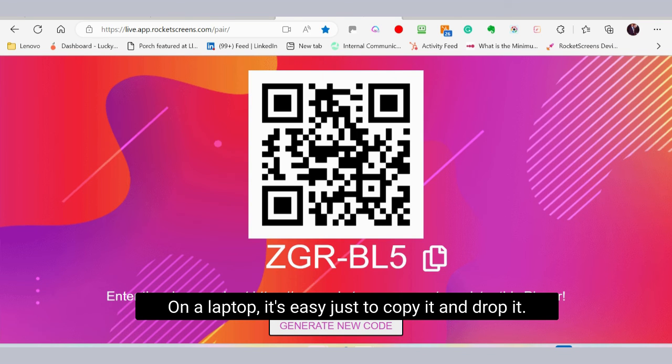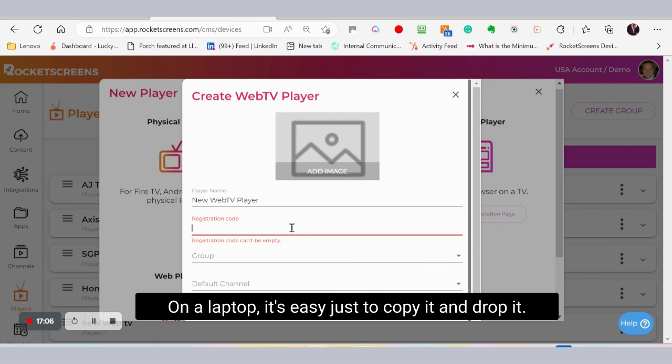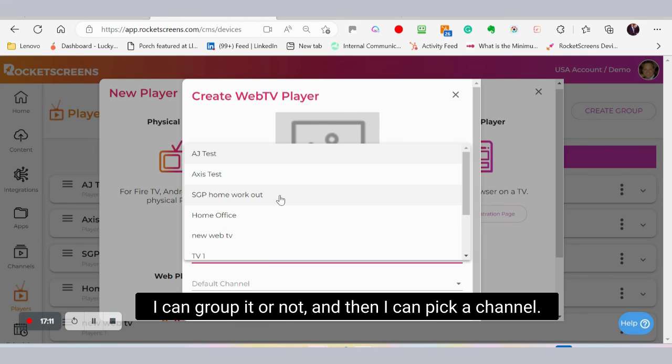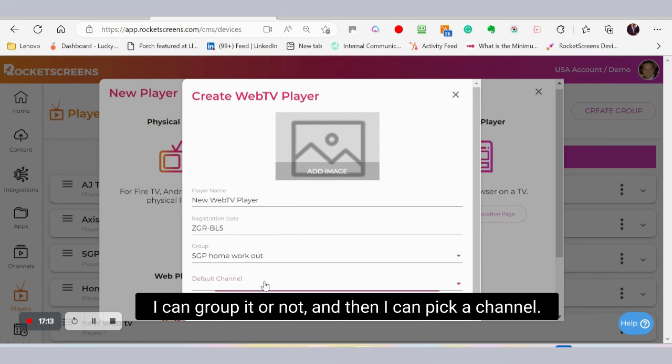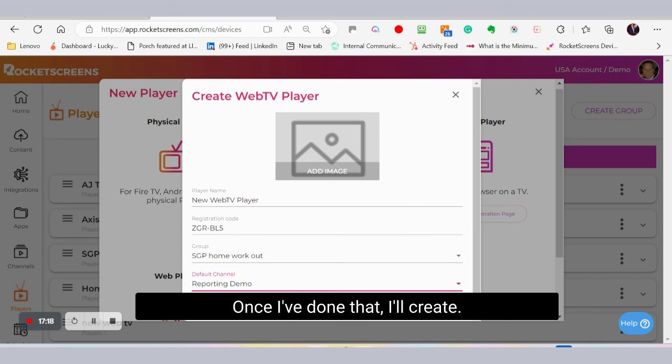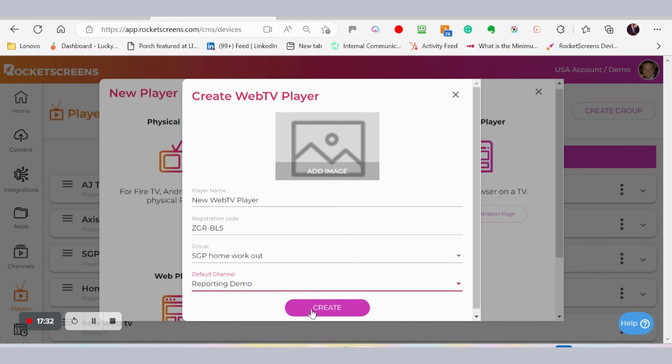On a laptop, it's easy just to copy it and drop it. I can group it or not, and then I can pick a channel. Once I've done that, I'll create. When I hit the create button, it will link. The other thing you can do, if you have a mobile device, you can take a picture, and it's really nice to do that because then it gives you a better sense of where that TV is in your facility. We create it,